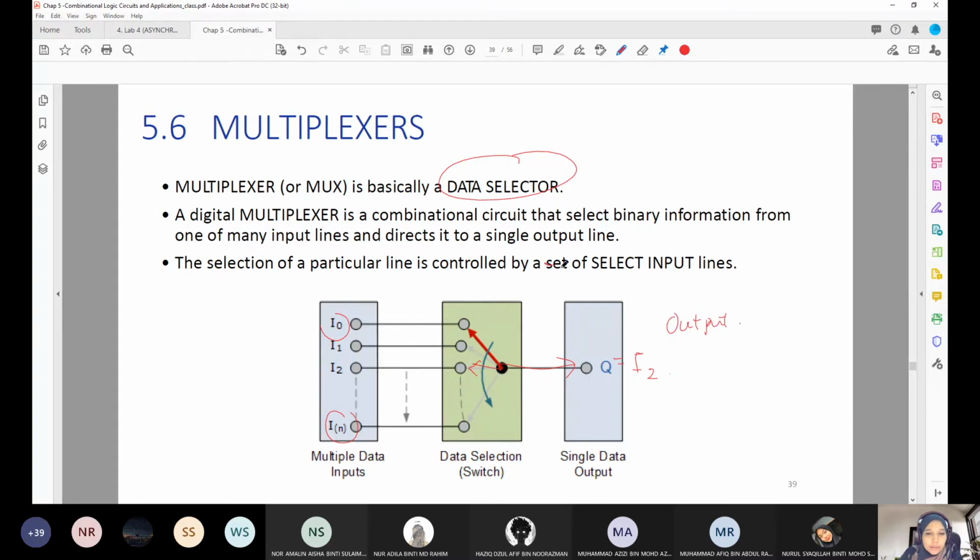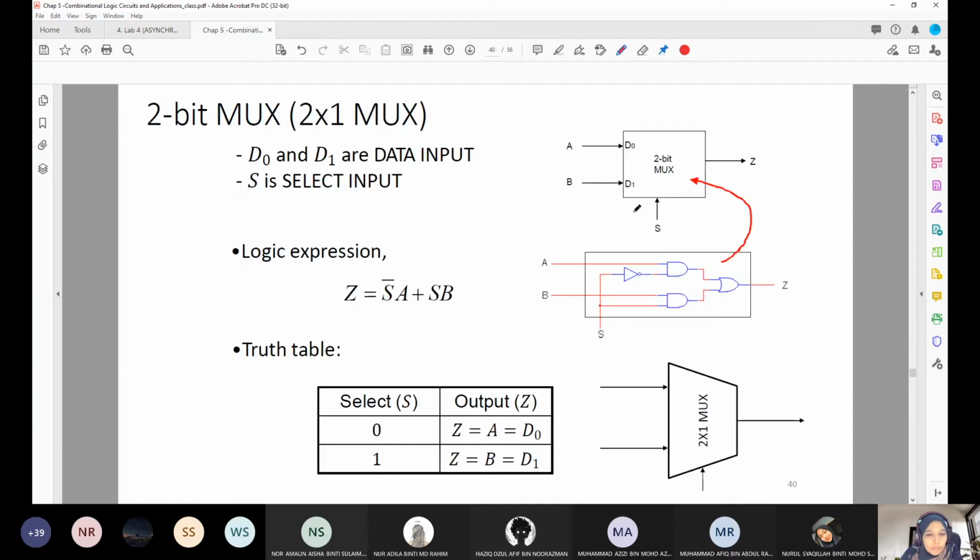Okay, a set of select input lines directs to a single output line. Okay, hanya satu output hanya boleh dipilih pada satu masa. Alright, so